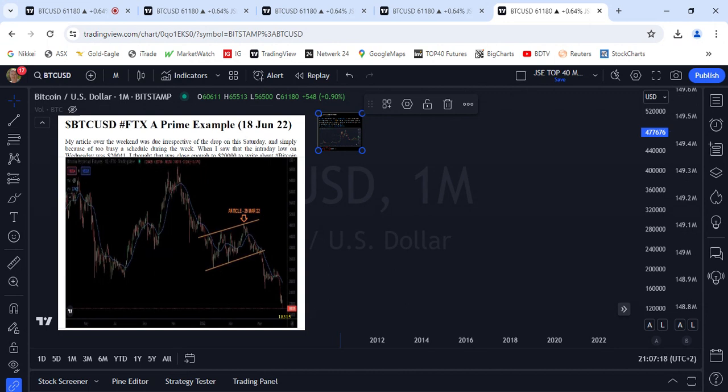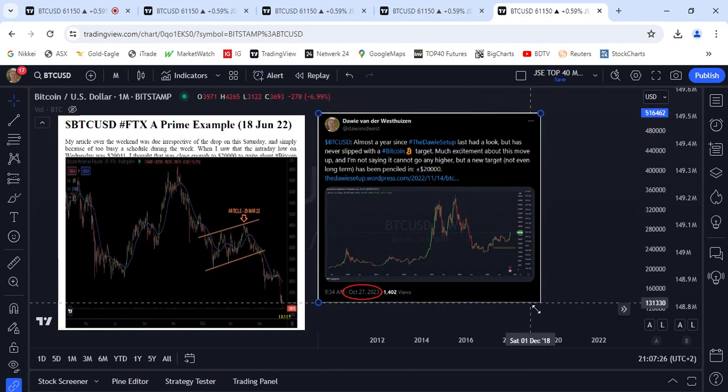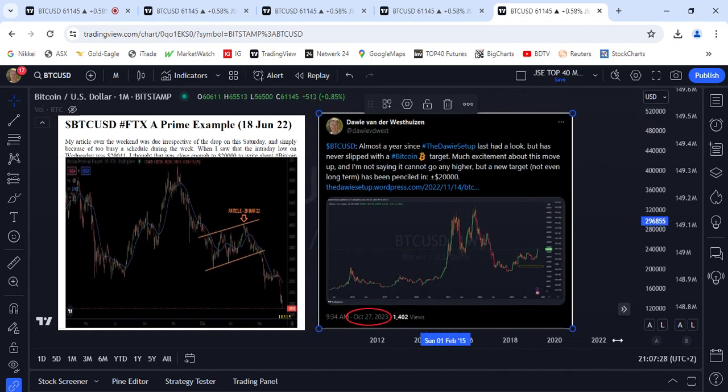Then we can come to the prediction that I promised earlier, and we can see here my tweet. I want to show you my tweet that I sent out. You can see there in the red circle below, on October the 27th last year already. So this is one of the things of the Dawie setup. It can see a price long before the time. And if you go through my tweet above,